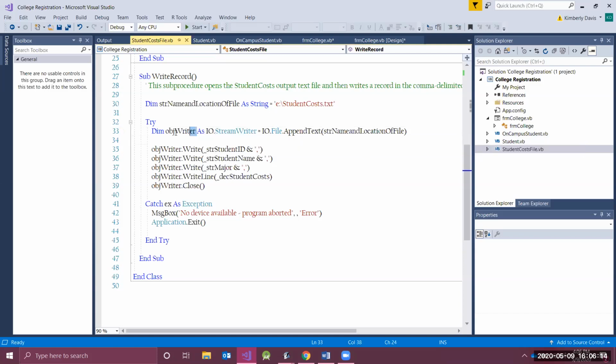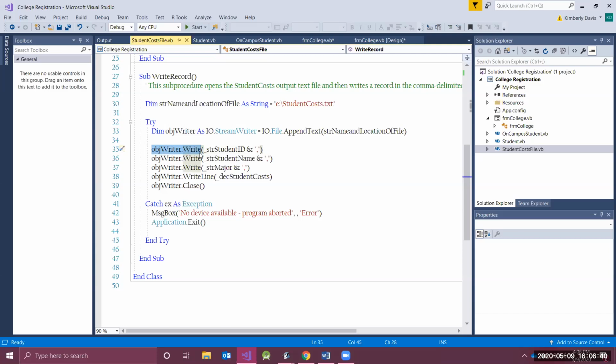All right. So you're creating an object of stream writer, right? And now you're telling it to append. So this is just telling it to add this information to this file. So append is going to keep adding on. So it's going to keep the original and keep adding, appending on to that particular file. It's not going to get rid of anything. That's why it's basically appending. And then object write